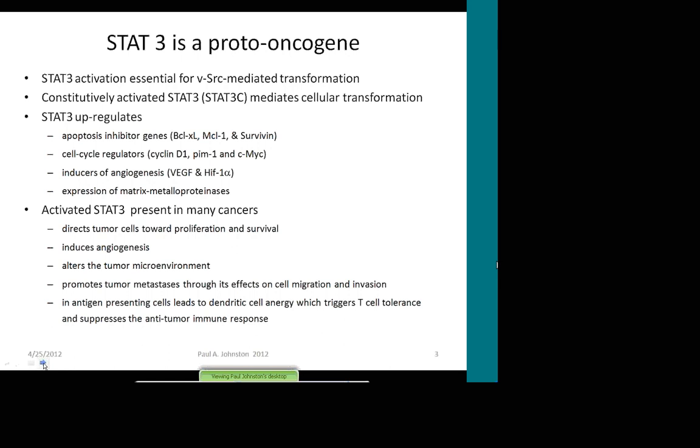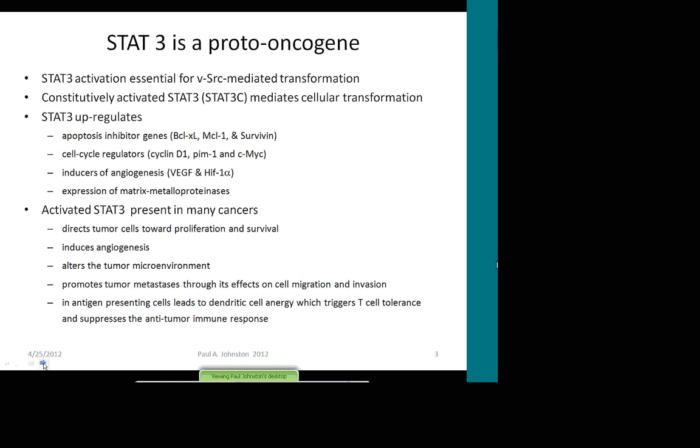STAT3 upregulates apoptosis inhibitor genes, cell cycle regulators, inducers of angiogenesis and expression of matrix metalloproteinases. And although there are no currently known mutations that constitutively activate STAT3,